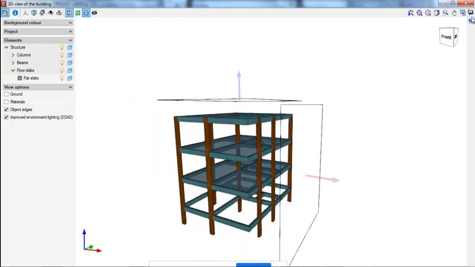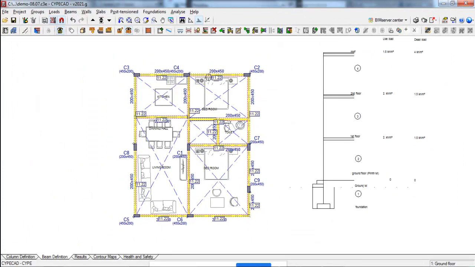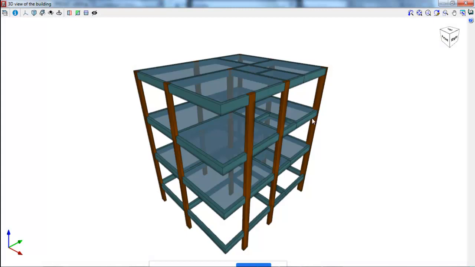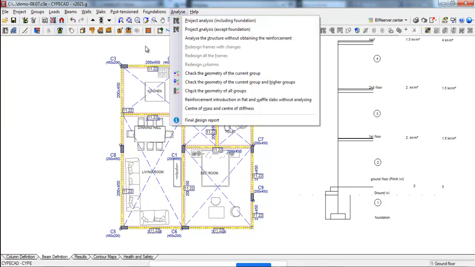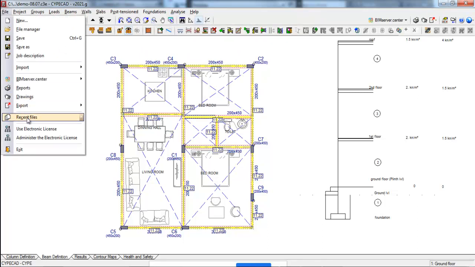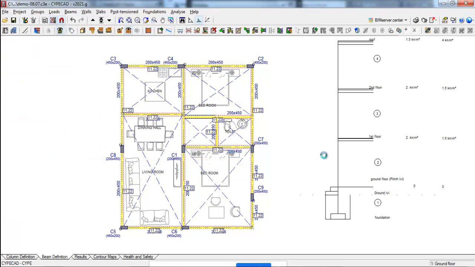So now I would say our building model is complete. We have given all the necessary information, number of floors, loads, sunken slab, everything. We have taken very little time, and we are ready for the analysis now. There is nothing further that is required. We just have to do the analysis. To save time, I have already made the analysis and kept it ready. I will just show you the result.